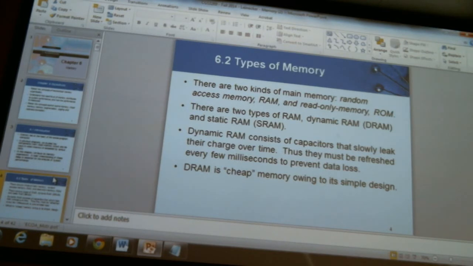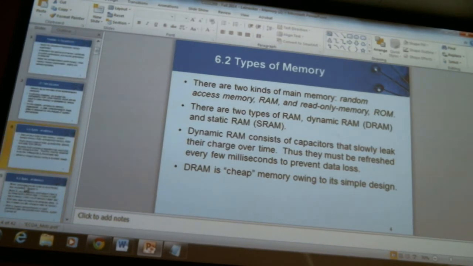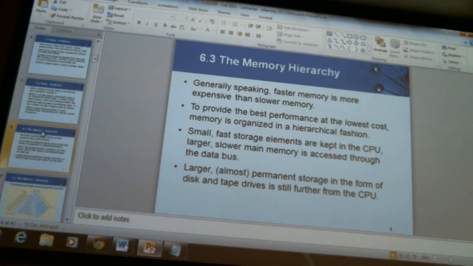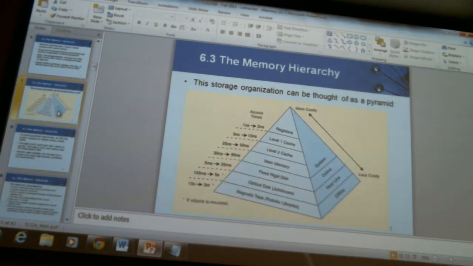Okay, what's the difference between static RAM and DRAM? DRAM is cheaper and slower, right? Those are the only two things you have to know for the test. DRAM's cheaper and slower. Okay, types of memory. What's worse than main memory? Virtual memory, right? Because virtual memory gets swapped out to your hard drive,